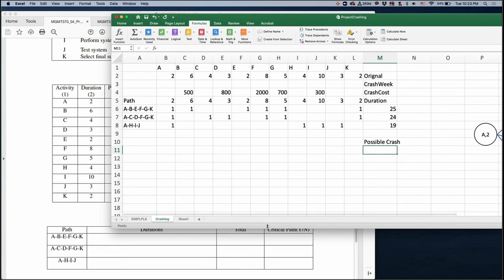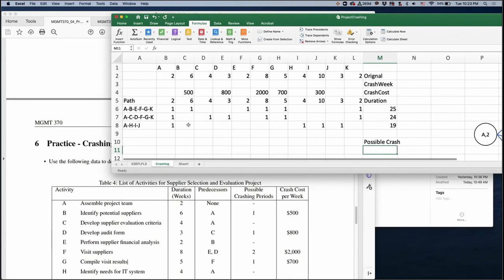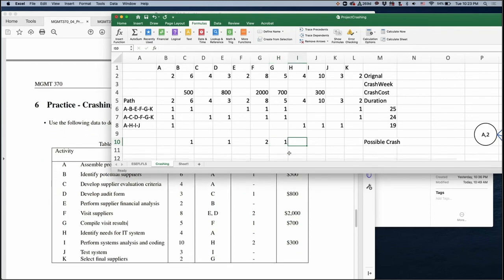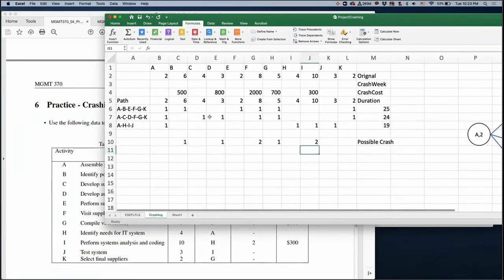So based on this crashing, you can say activity A is a critical activity. B is also a critical activity, E is also critical, F is critical, G is critical, K is critical. Based on this, if you decrease one of these activities, so let me